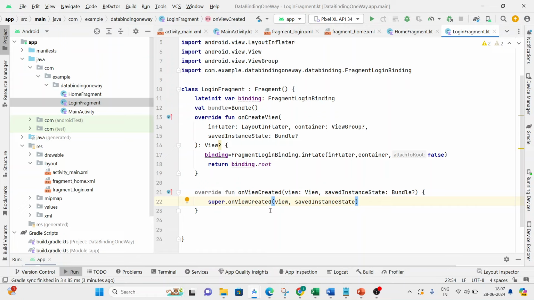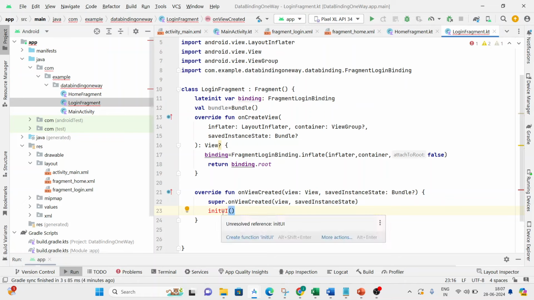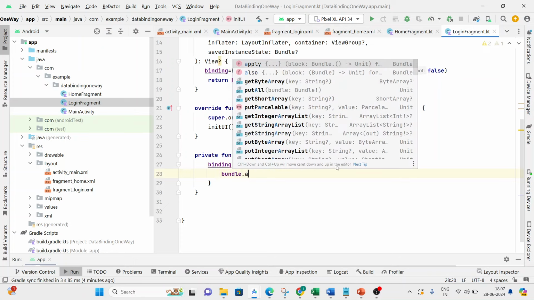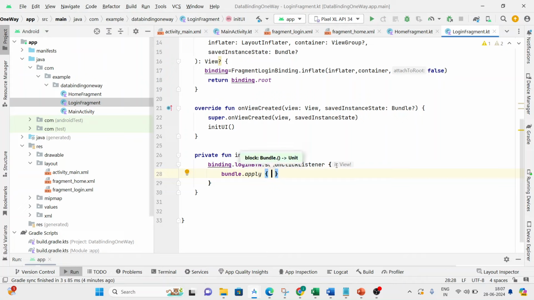Let's create one function over here, initUI, and click here, create function initUI, and inside the initUI, use binding dot login button dot setOnClickListener. On the click of the button, we will pass the data. Come here and I will use bundle dot apply, and here I will pass the data